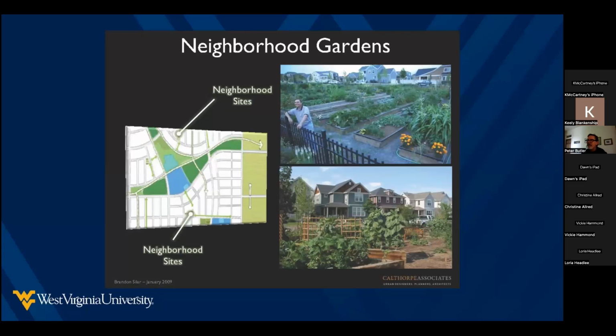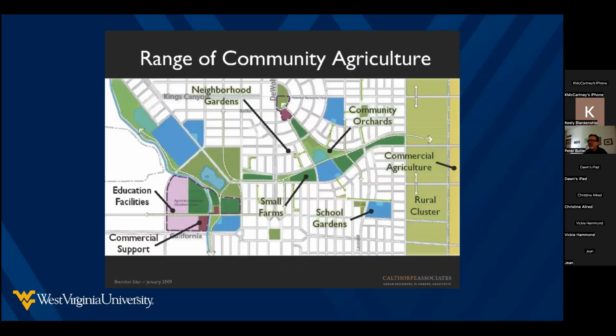Then, of course, neighborhood gardens. I'll show some examples of that. We just worked in Clay County 2 years ago, and they developed a community garden as a part of trailhead site redevelopment. I think neighborhood gardens are kind of tricky. Oftentimes, I think maybe we've seen in communities where some have been established, maybe they're not as well maintained as they could be. And so the idea of stewardship and oversight is really important when considering neighborhood gardens.